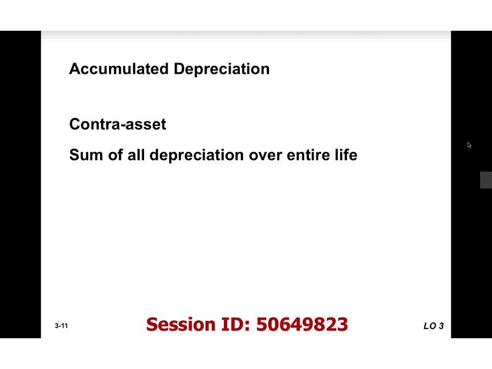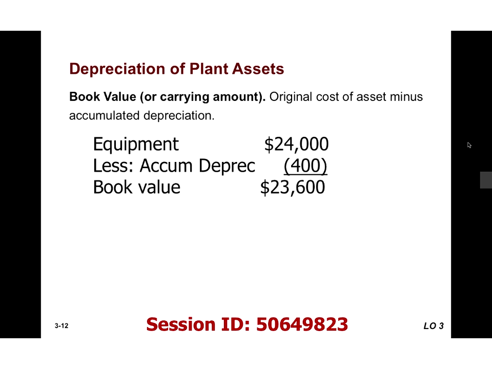Okay. So accumulated depreciation is a contra asset, meaning it behaves backwards from every other asset. It is always paired with the matching asset. So it'll be equipment, accumulated depreciation. So what we have then is something called book value. Book value is a very, very common term, sometimes referred to as carrying value. It's the original cost of the asset minus the accumulated depreciation. You have to know what that is. If I say to you what's book value, you need to know original cost of the equipment minus the accumulated